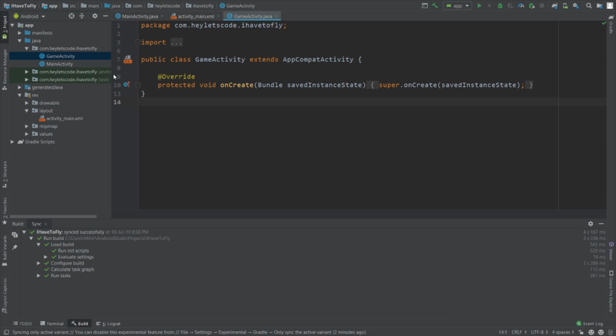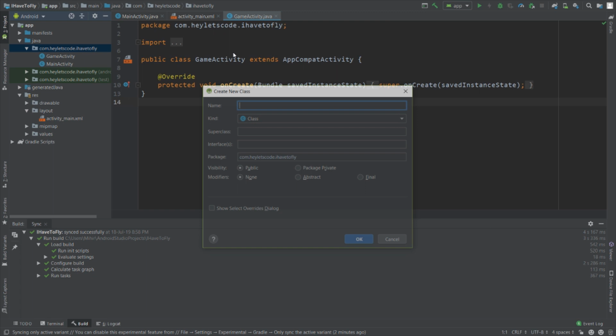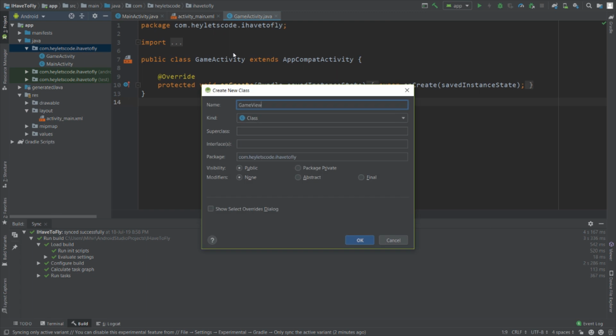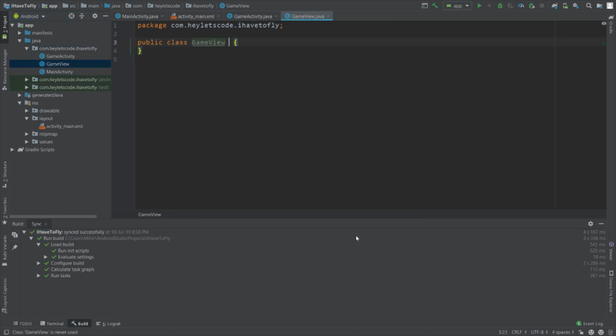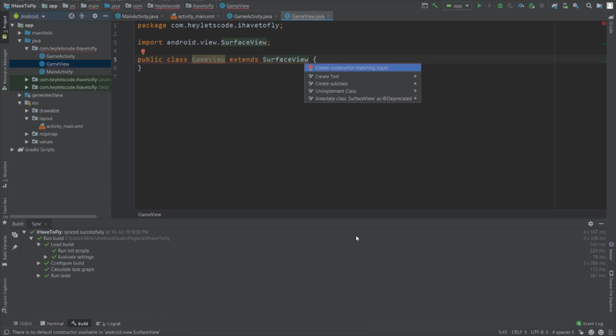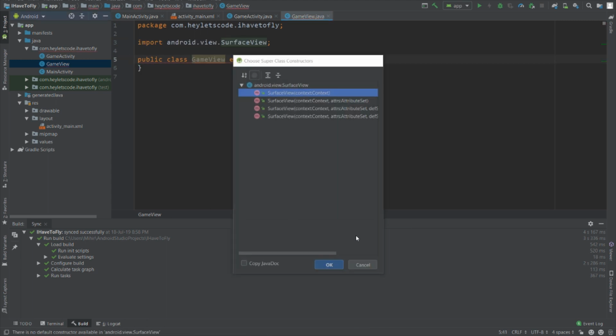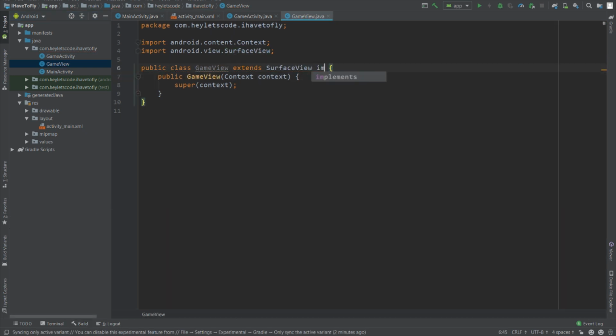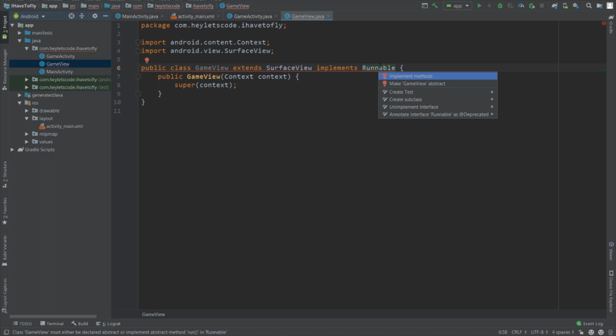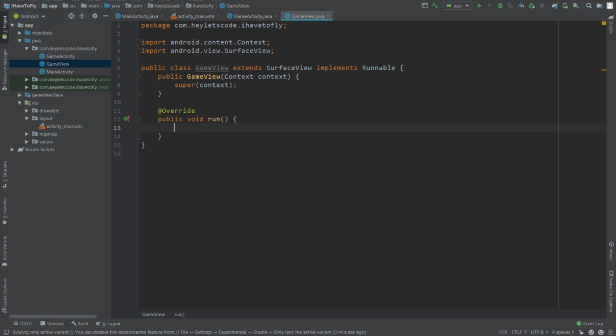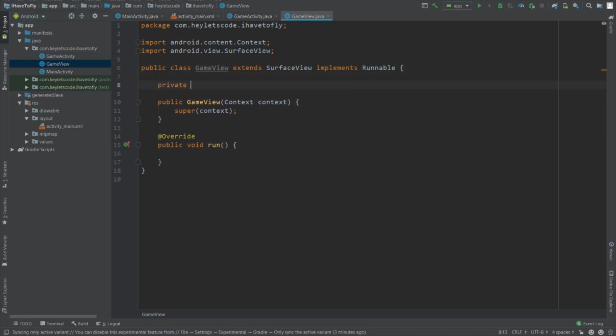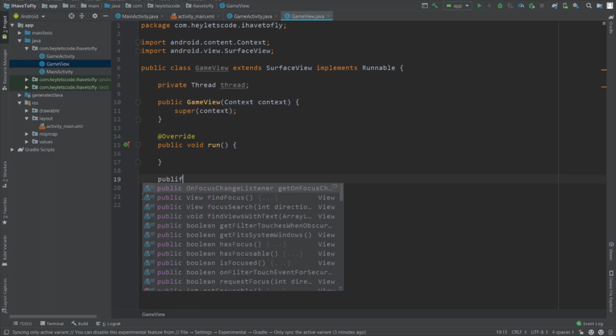So create a new Java class and name this class GameView. This class will extend SurfaceView. Press Alt Enter and create the constructor. This class will implement the interface Runnable. Press Alt Enter and implement the required method, and create an object of Thread class and create a method and